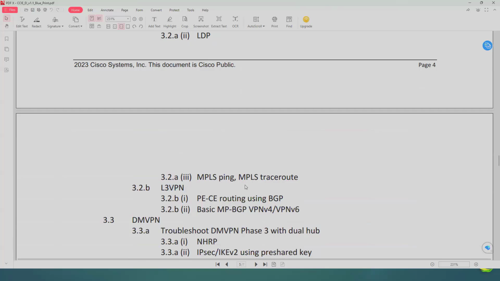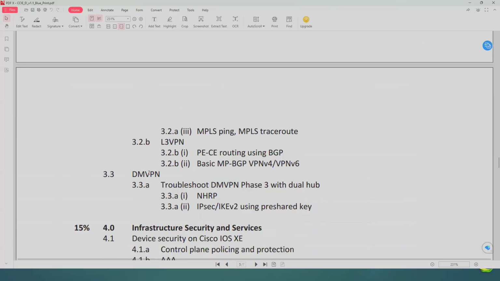And then we will switch to DMVPN, dynamic multi-point VPN, which is a very interesting concept where you can use internet as your service provider and connect your branches. Like maybe you have a head office or headquarter in London, and then you have a few branches, one in LA, one in, let's say, Dallas, Texas, one in New York City. Few branches you have in Europe and few branches in Asia Pacific,